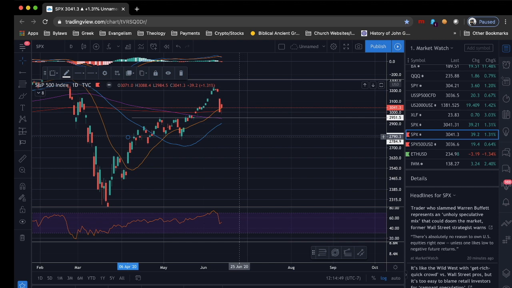We want to make sure that if we do jump into any trades, when I'm thinking about jumping into any trades, I want to make sure that I have clear confirmation. Now, as a conservative trader, that's one of the habits that I tend to form, that I want to make sure that I find confirmation. And this is why each candle is so important, that you actually know the story to the candle and understand what the candle is telling you. Now, sometimes it gets tricky because the market tends to have ups and downs and create these sort of monster little candles that are really not telling us much.